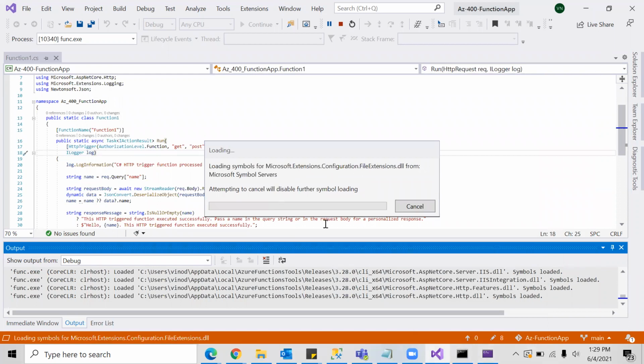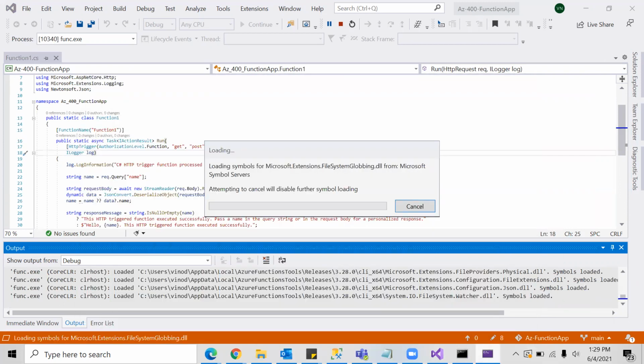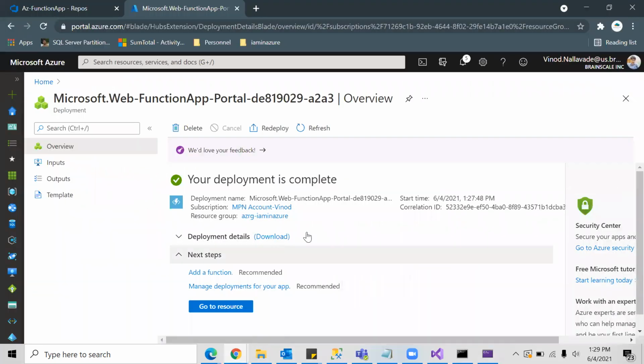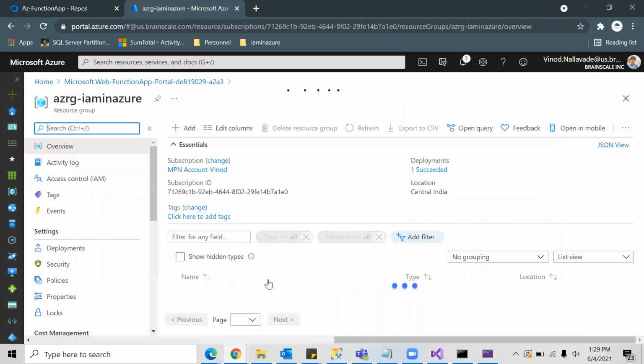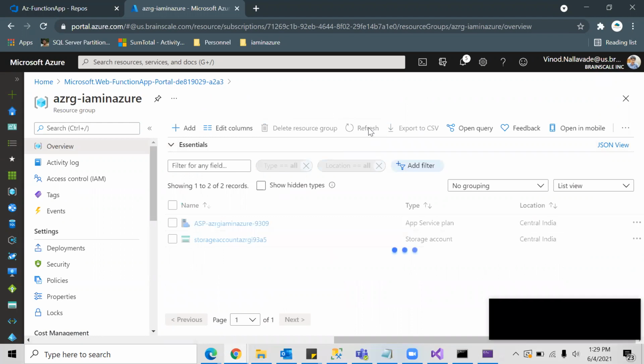This is still loading those files. So let me just go to this deployment as well. Okay, this deployment is already completed, so I can just go to this resource group and check the function app here.